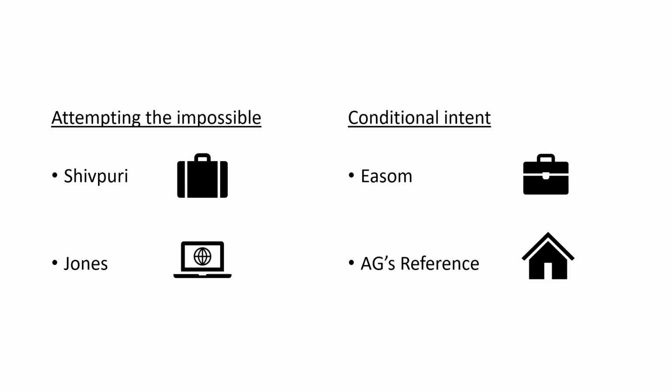So he was attempting something that was actually impossible, because it wasn't possible for him to be caught importing Class A drugs, because they weren't Class A drugs, but they had to decide whether he was guilty or not. Now, the old precedent I just told you, Anderson v Ryan, said that you couldn't be found guilty in situations like this, but Shifpiri was a House of Lords case, and they actually overruled that, and they said, actually, you